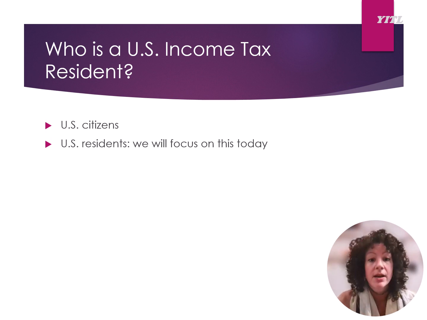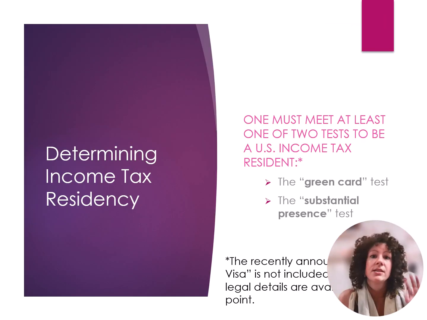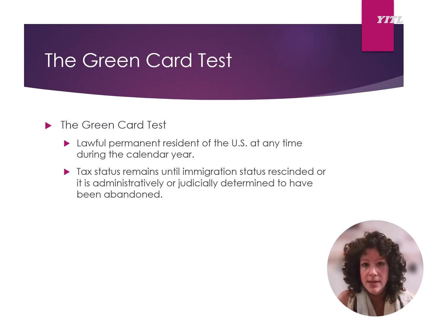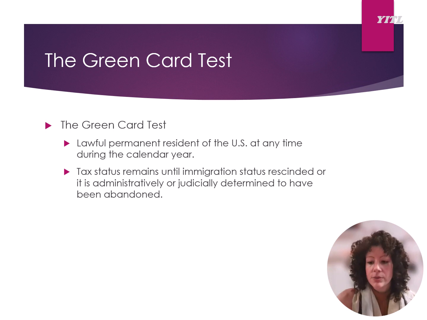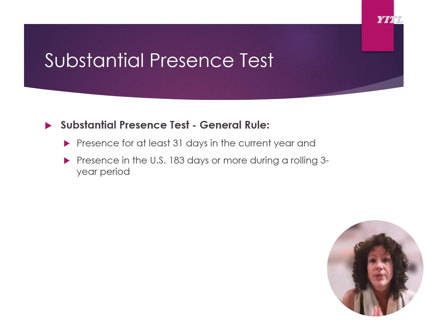And then the other category are what we call US residents, US resident aliens. And that category is really divided into two subcategories. You have the green card holders, that's pretty self-explanatory. And then you have the individuals that are residents because they fall under the substantial presence test. Now, the green card, that's self-explanatory. You have a green card. The starting date and the ending date of your residency will be discussed in other presentations, but if you have a green card, you're an income tax resident no matter where you live. That's the general rule.